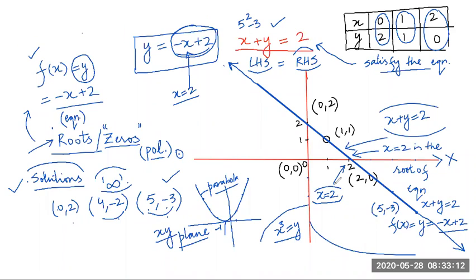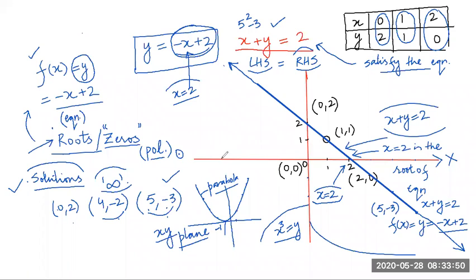And interestingly, you are able to observe that the line is cutting the x-axis at x is equal to 2, and from this we know that, in case of the polynomial, x is equal to 2 is the zero of this polynomial, and in case of this equation, y is equal to minus x plus 2, x is equal to 2 is the root of this equation. So guys, hope I've made the point clear.